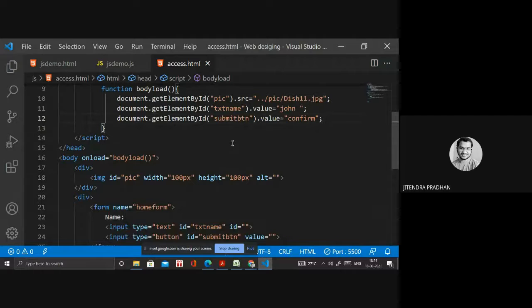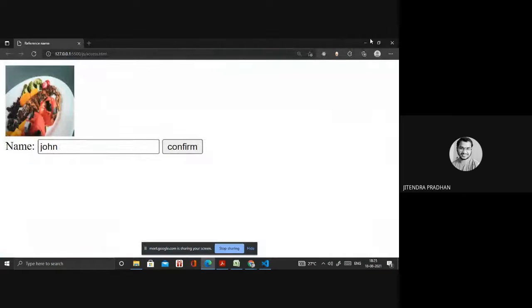Next we have to discuss how we access a particular element by using tag name. Image is a tag name, and form, all these are tag names. So how do we access the tag name? If you have any doubt regarding ID or reference name, you can ask me in the chat box also.